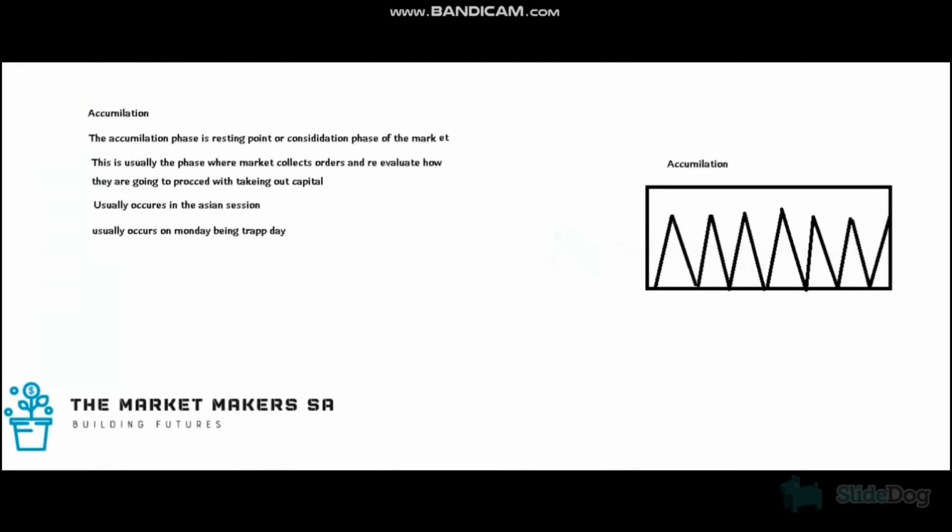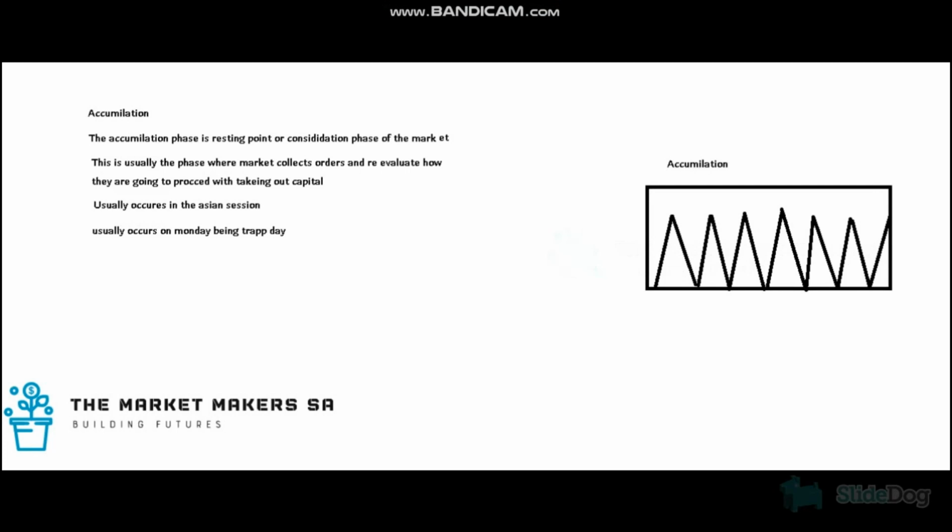Today we'll be focusing on a sub bonus topic in the whole lesson part. Today we'll be discussing accumulation, manipulation, distribution. The reason I chose to share this one is because I think it's very important, it gels well with our strategy, and it can help you psychologically to filter out what the market maker is trying to do when he's trying to trap you. So let's begin. We'll start with accumulation.